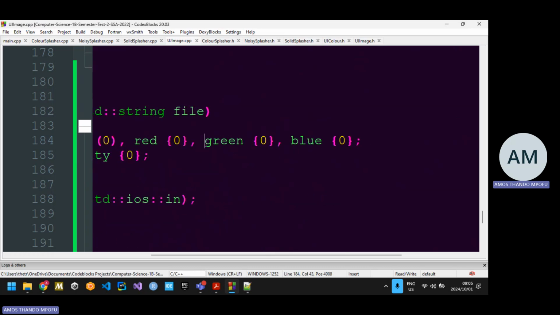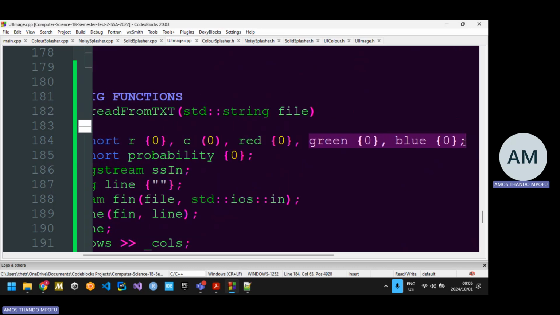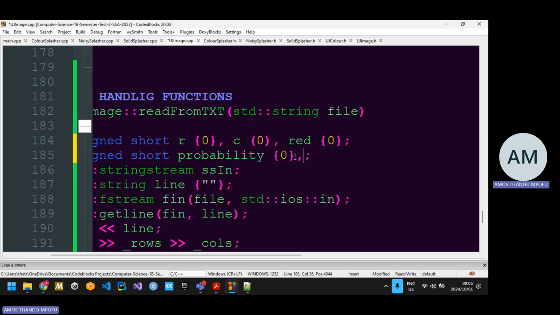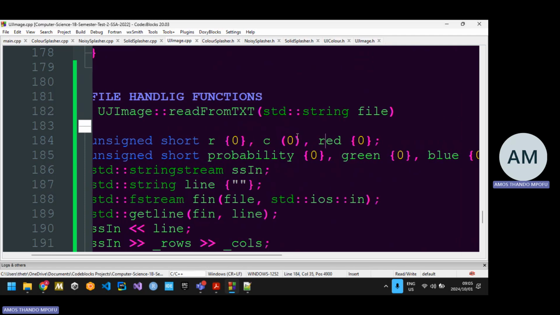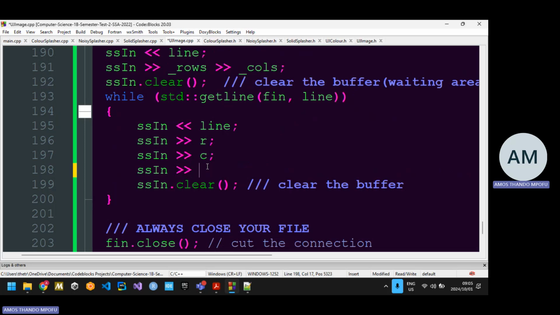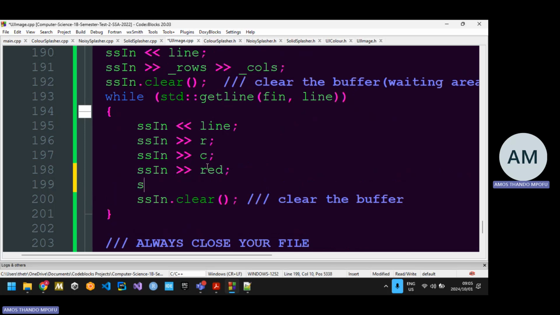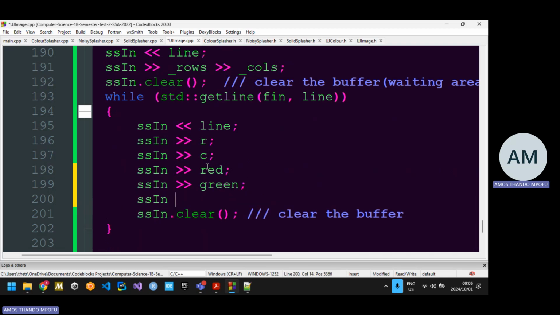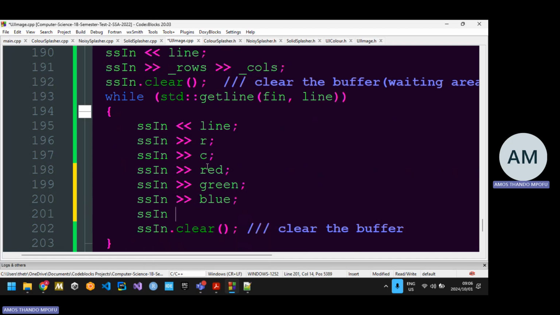Since there's quite a lot of variables here, let me just declare them in the next line. So I'm going to declare them here. I have RC, red, green, blue, and probability. So now I can store everything. Remember the order. You always start with red, then read green color, then read blue color, and then last but not least, read probability color, probability